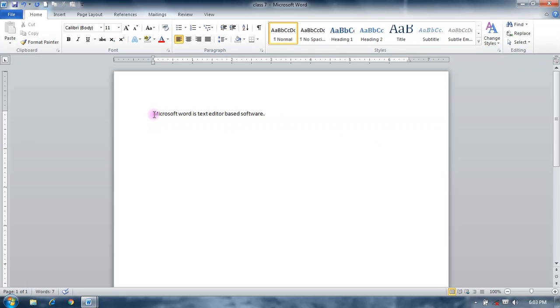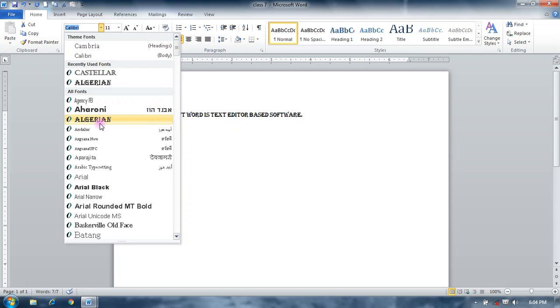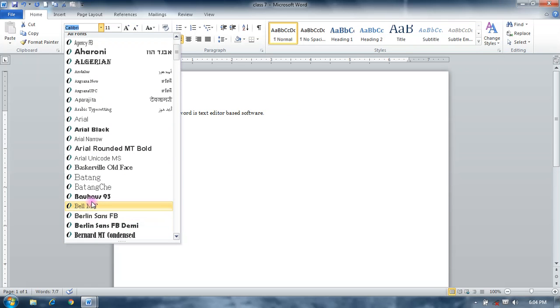First, to apply any formatting on it, you have to select it. Click the left mouse button and drag like that, so it's selected. Otherwise, you click on it and press Ctrl plus A, so it selects the whole document or whole text which is written. So now first we use the font group. This contains font style, you can select here a font style which you want to apply on it.